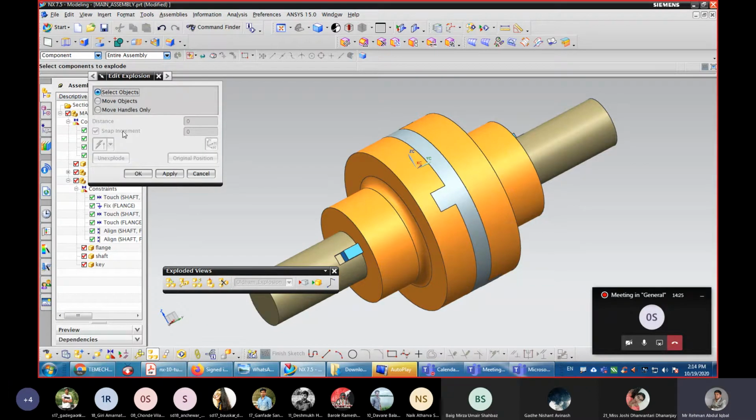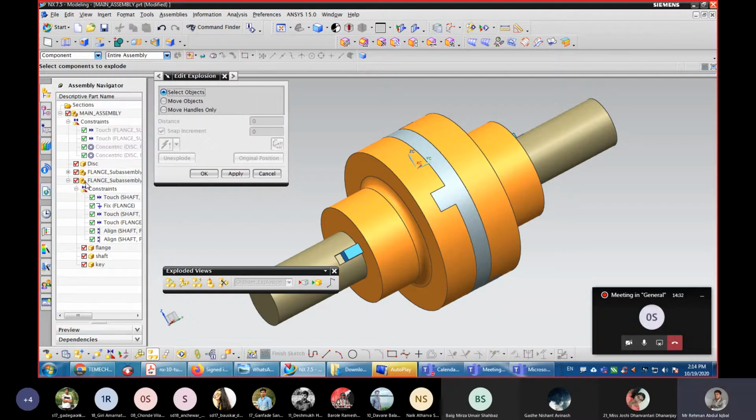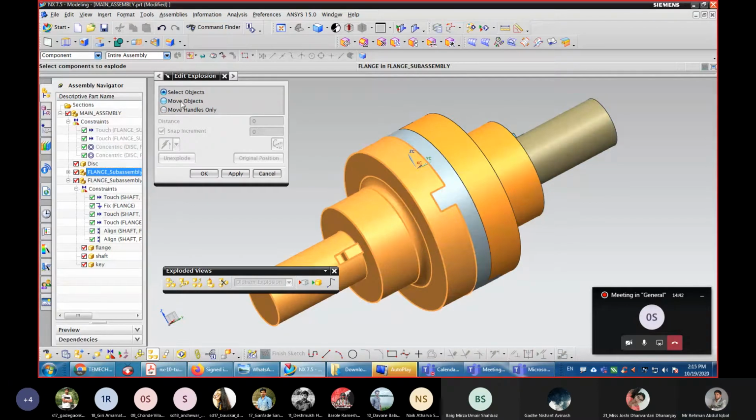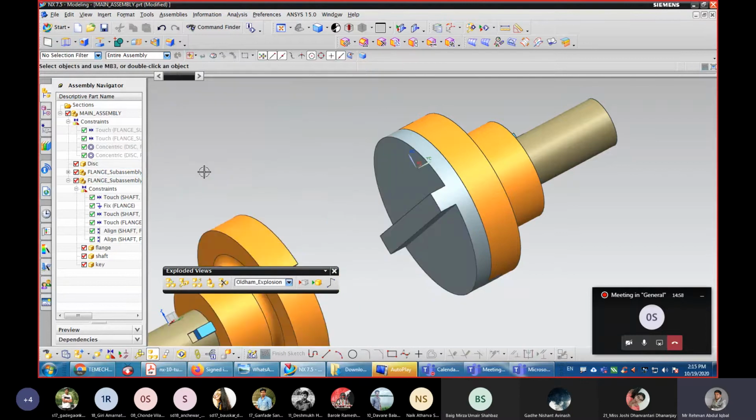From this, select the left hand side flange sub-assembly, move objects, and here in the Y direction we need to move this sub-assembly by -100.